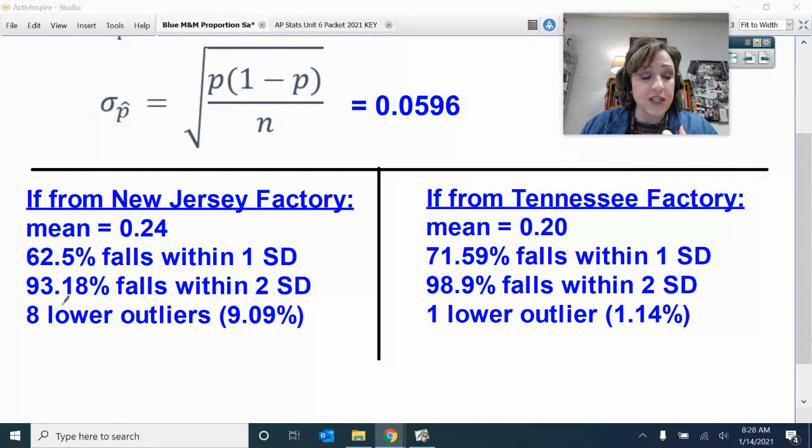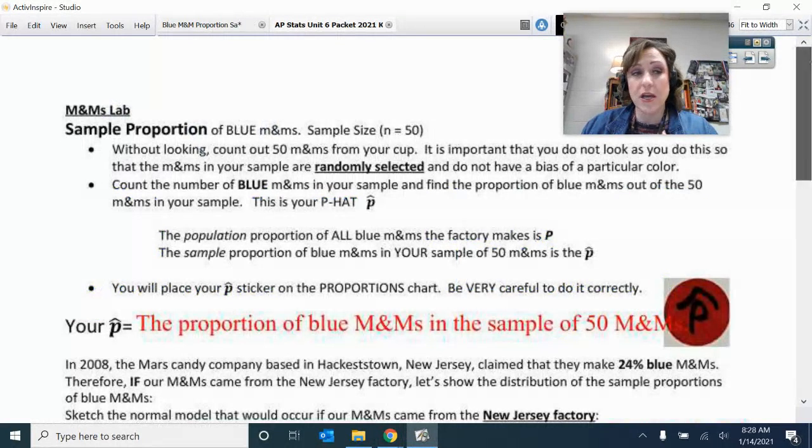In essence, 10% of our samples would have rejected the claim that it's from the New Jersey factory, and only one of our samples would have rejected the claim that it's from the Tennessee factory, that it's even lower than 20%. So as you can see, I think we are safe to come on over